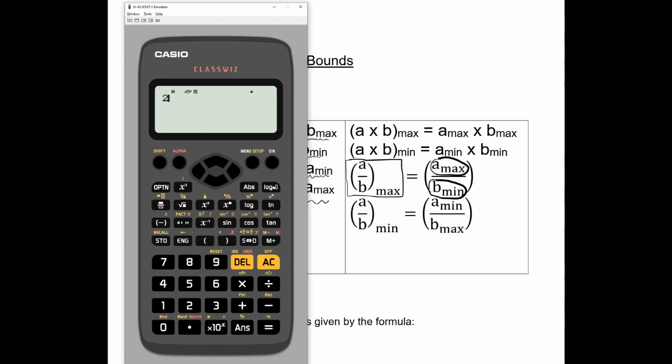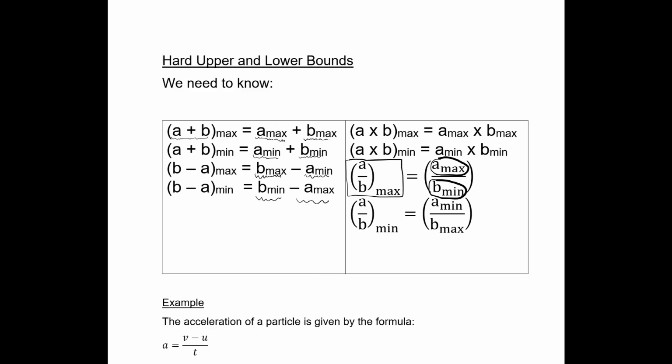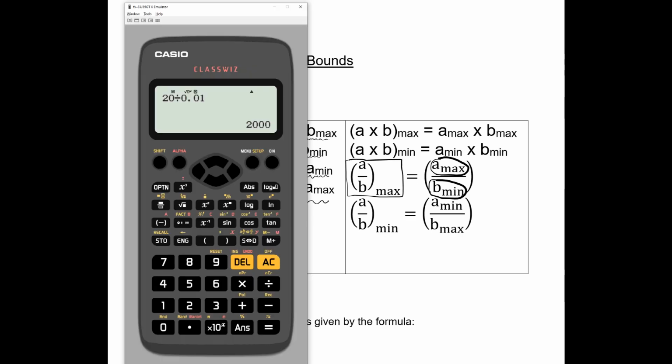If I do 20 divided by 5, we get 4, but if I do 20 divided by 4, we get 5. Our answer has got bigger. If I do 20 divided by 0.1, I get 200. But if I do 20 divided by 0.01, we get 2000. Our answer's got bigger. Similarly, the minimum of a over b, or a divided by b, is the minimum of a divided by the maximum of b. Because if we make our denominator larger, so if I do 20 divided by 100, we get 0.2,